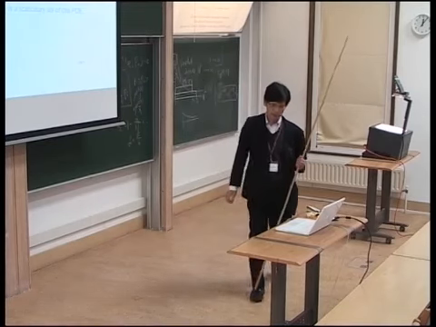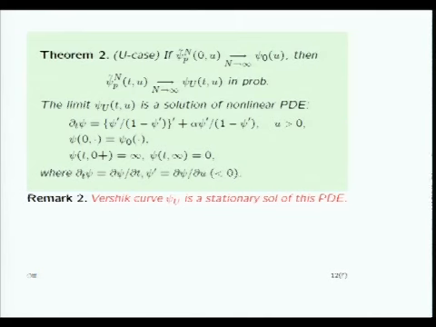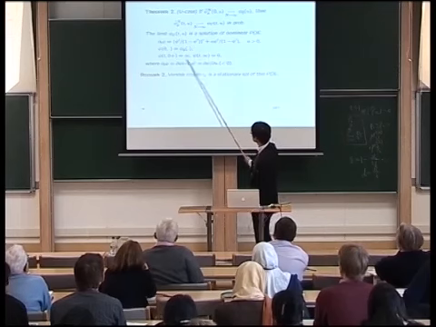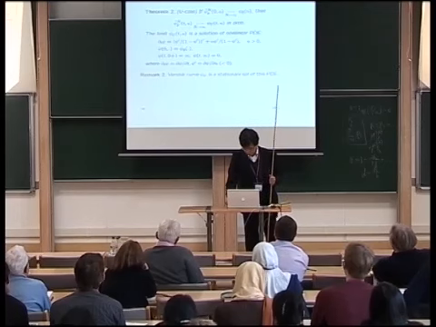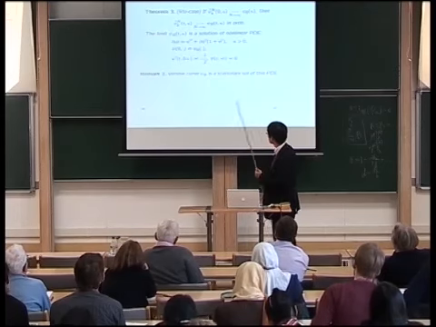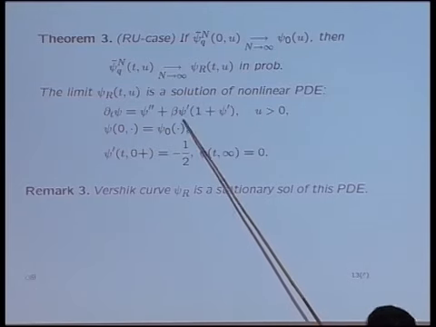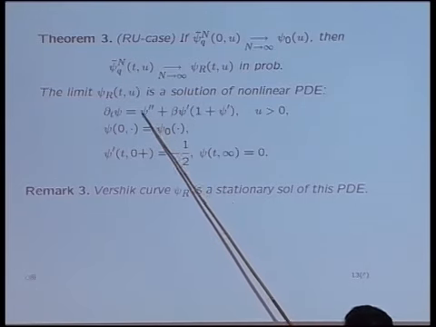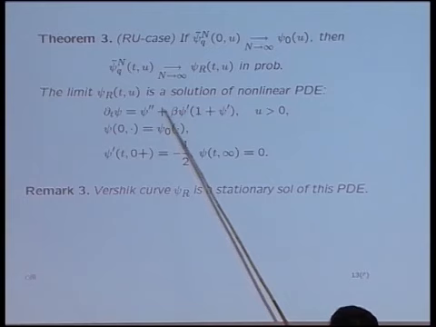In the last case, we don't need any boundary condition, indeed. So just plus infinity and 0. Under these conditions, the solution is unique. But in this case, we need these two boundary conditions. And also in this case, the bell-shaped curve is a stationary solution of this equation. So the bell-shaped curve satisfies this being equal to 0.